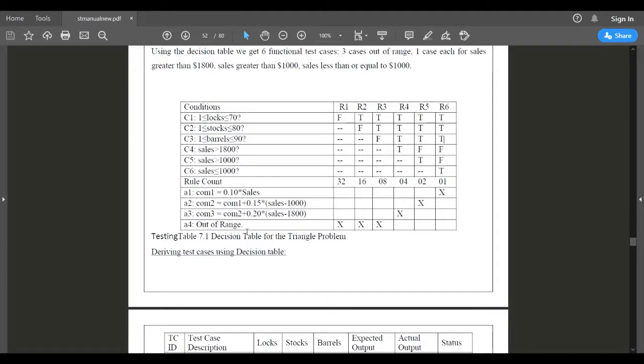Then the value should be out of range. Okay, so now condition 1 is false. Then what is my output result? It indicates that the lock value is out of range. Lock value out of range means that in that particular column I need to put a cross mark